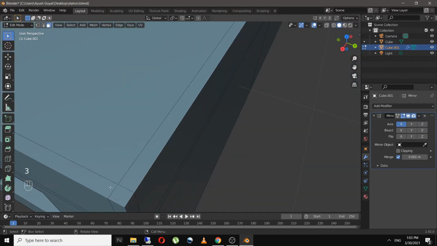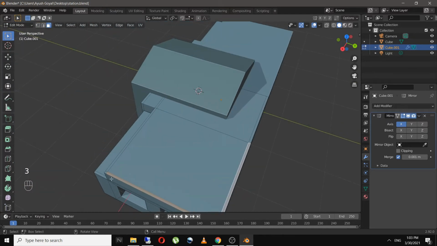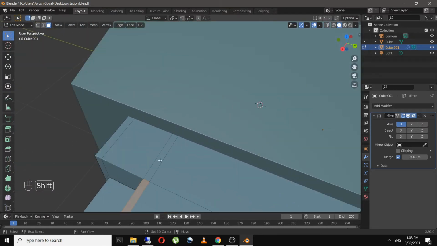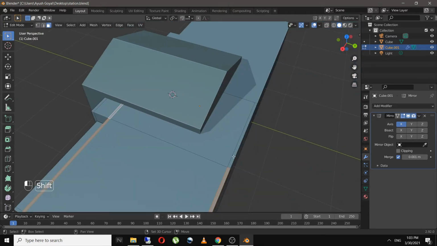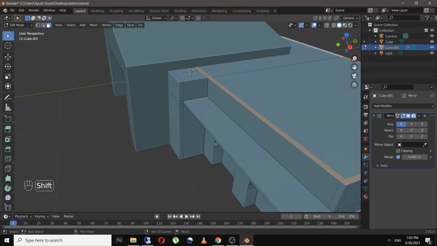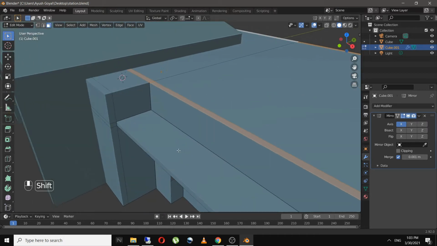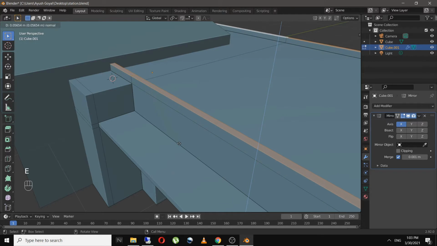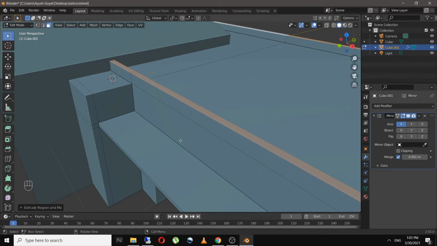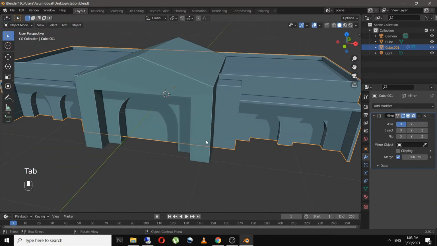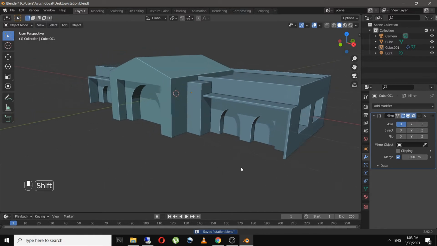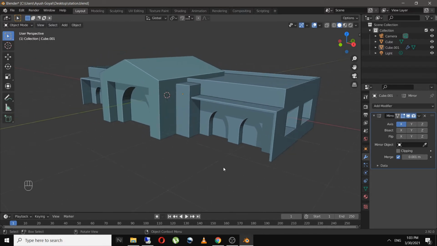And now I will select the faces, these things, and extrude it on Z axis. So as you can see, when I extruded this half of the building, the other half also got extruded.